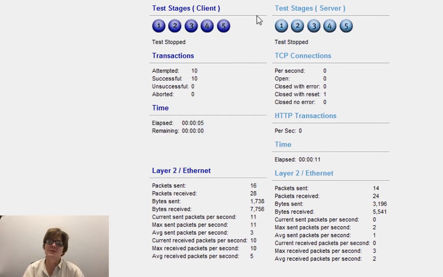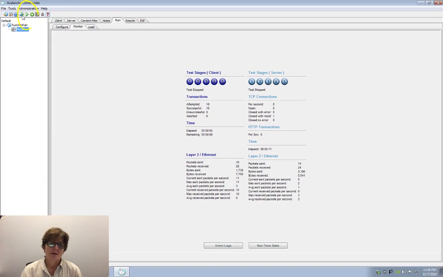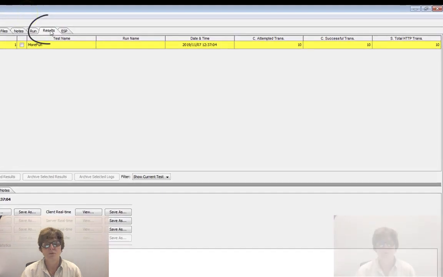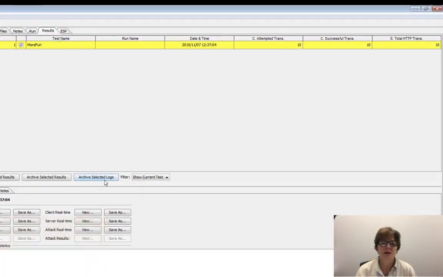So there we go. The test is over. It's completed. You know it's completed when the client side is all 5s and the server side is all 5s, and when you can press these buttons again. Now, just to let you know, if we go over to results and you click more fun,